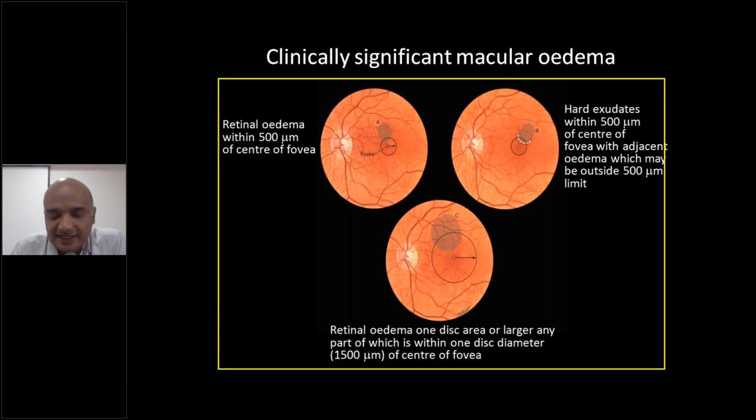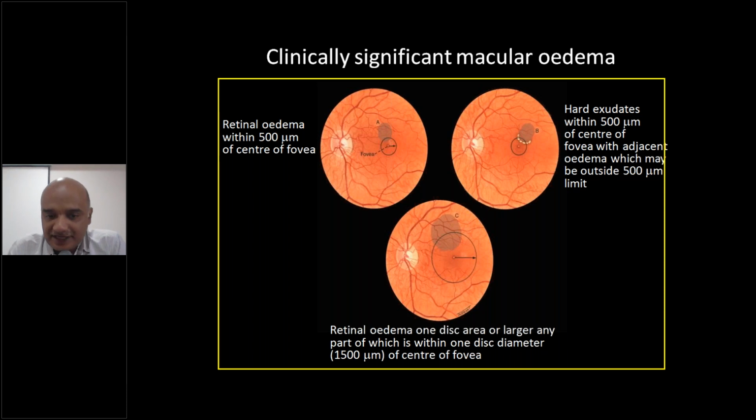Now, these are the characteristics. These three are the criteria which define whether this macular edema is clinically significant or not. What do you mean by clinically significant? When there is a clinically significant macular edema, the vision of the patient is affected. So what are the criteria? When there is a macular edema, when does it affect the vision of the patient? You are going to treat the patient when it is threatening the vision. So if this macular edema is following these three criteria, then we talk about clinically significant macular edema.